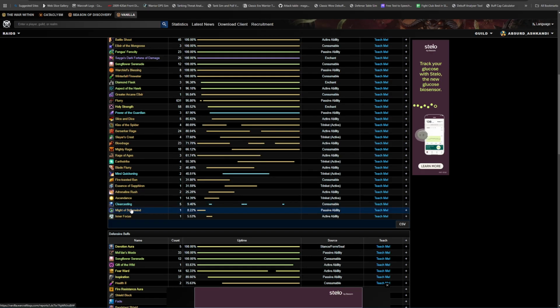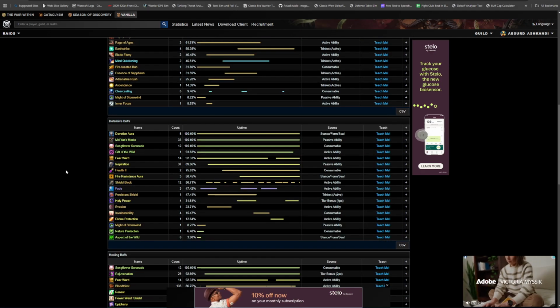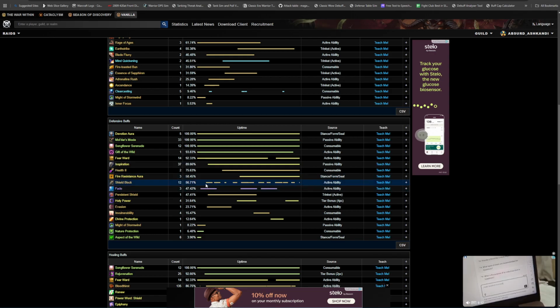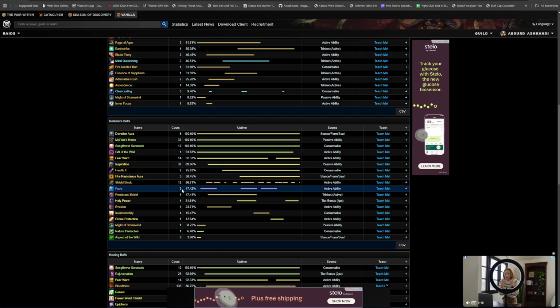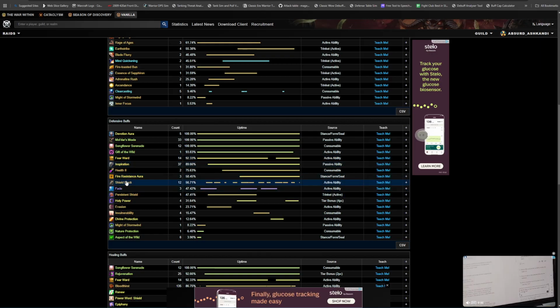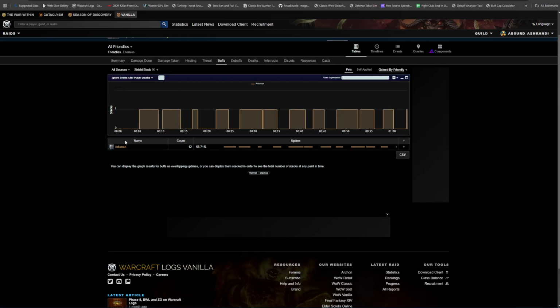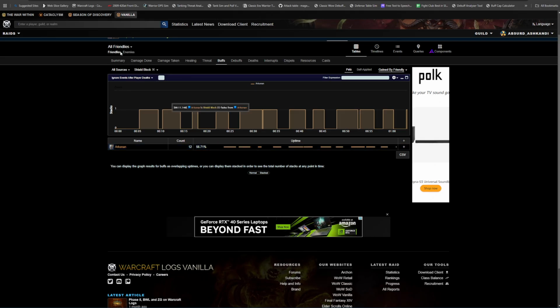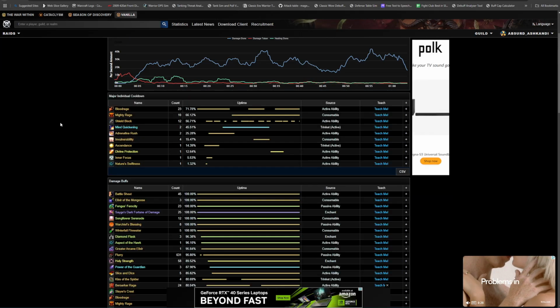Somebody might have Stormwind. So shield block, you could see shield block was cast 12 times. I'm assuming that was by the main tank, but we could always go back and check, or we could just click on shield block. Yep, main tank cast shield block. So if you're a raid leader and you want to know